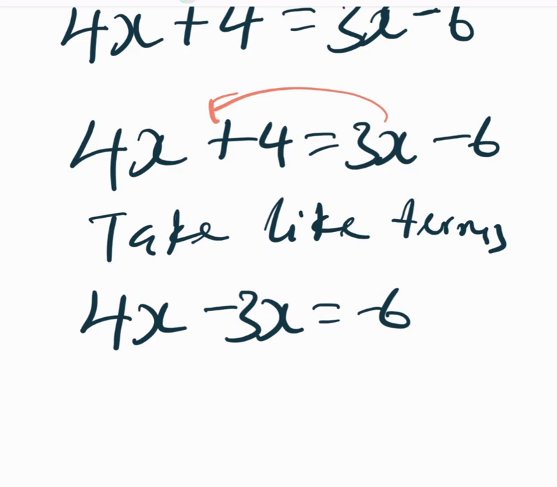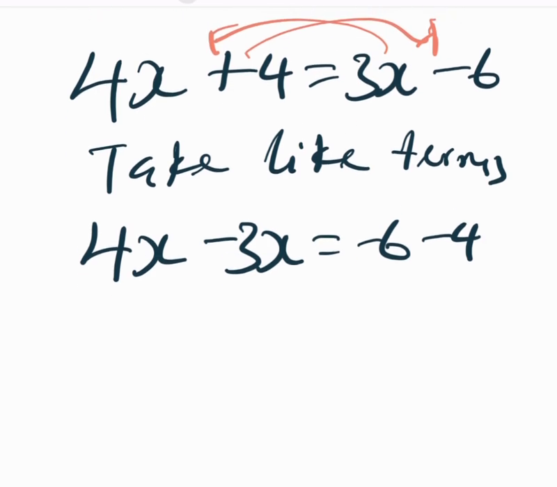And when she crosses, her sign will change to negative, right? So when she was in that place, she was positive. When it crosses the equality sign, she'll change to negative. So I'm going to have minus 4, right? So at this junction, we have 4x minus 3x, right? It's like you're having $4, but you're owing $3. When you pay your debt, you're going to be left with $1. So yeah, I'm going to be having